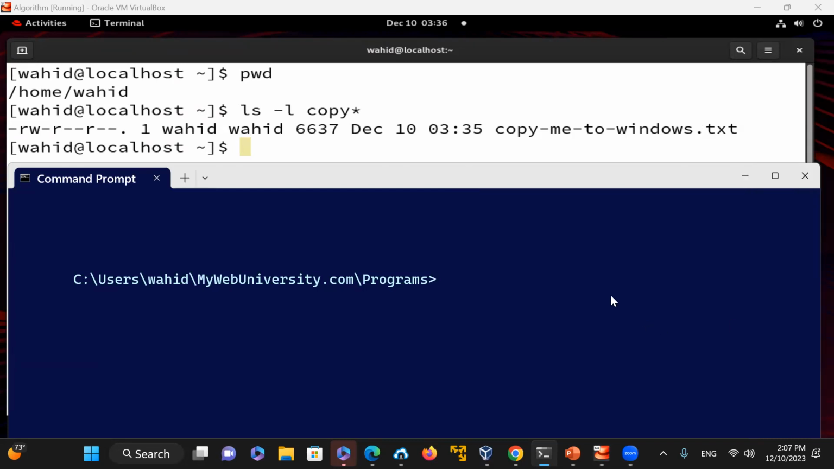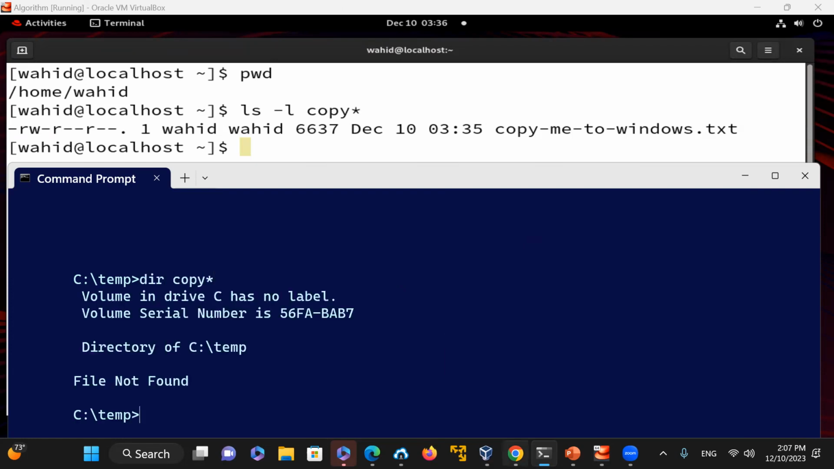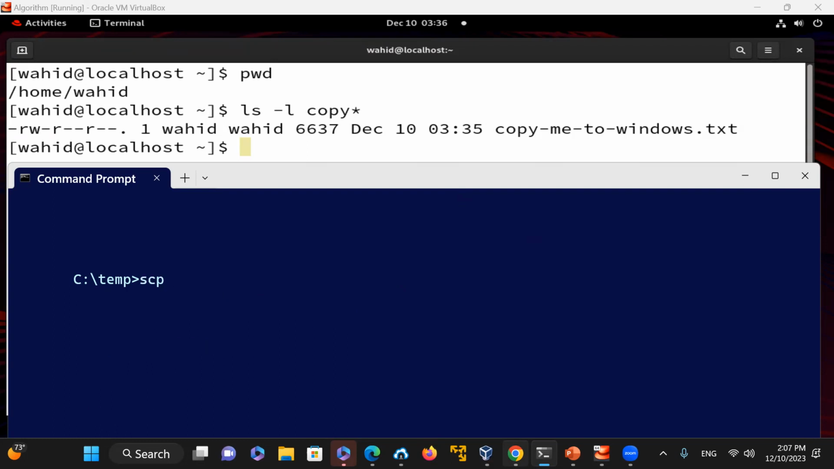So at this time, even if I just go here and say, go to the temp directory, so there's not too much information there. I don't have a file called copy here. See, file not found. But if I clear my screen and say scp Wahid at 192.168.192.254, the gateway, then colon, and then put /home/Wahid/copy-me-to-windows.txt, and